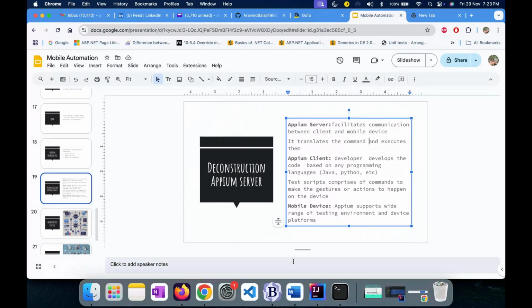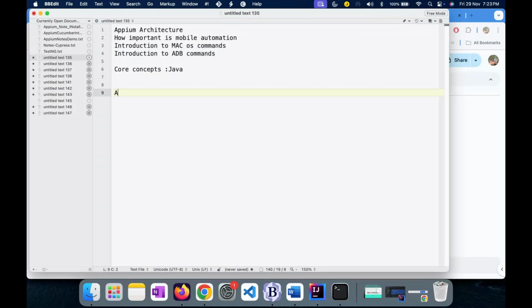When it translates to your device, that's where you have two types actually existing. One is your Android, another one is your iOS. For Android, technically,